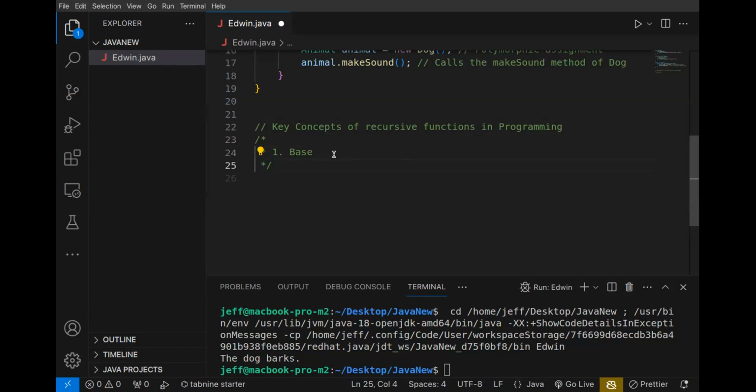The first one is called the base case, which basically means every recursive